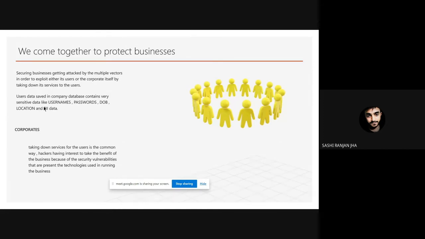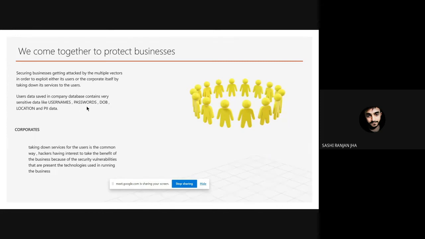And if those companies are not maintaining their website in a proper way, and if security postures are not being maintained in those environments, then this is completely the user's loss, because that data can be used by hackers in order to gain access to other services.